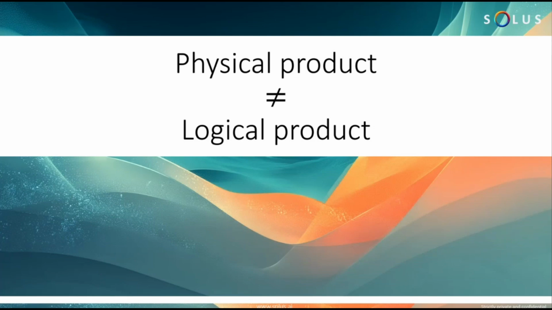Now, how does this work out in, let's say, apparel? In apparel, you have a whole bunch of products. You may have a lakh products in your product master, or even more, and you have a bunch of attributes by which you describe these products. In some cases, the difference between two of those products may be fairly small, and in terms of their impact on what you talk to the customers about, it may also be very small. So sometimes it's useful to think of products in terms of slightly coarser grain. Just like a logical product is a slightly coarser grain than a physical product, the same thing could apply here.